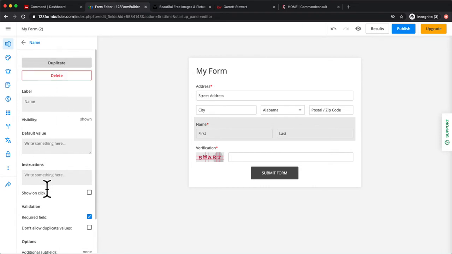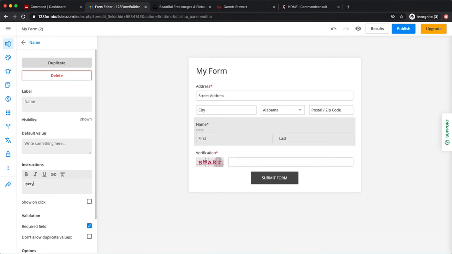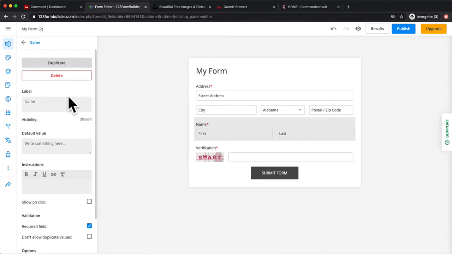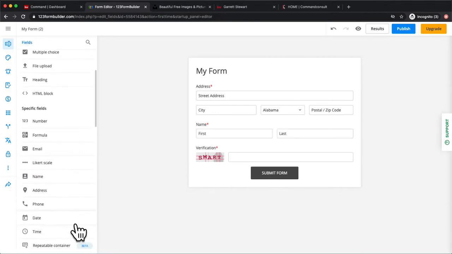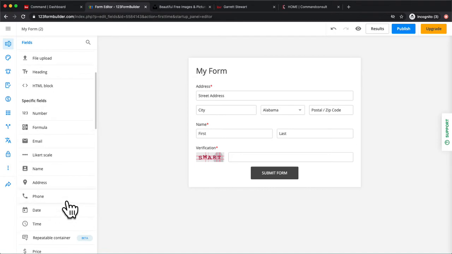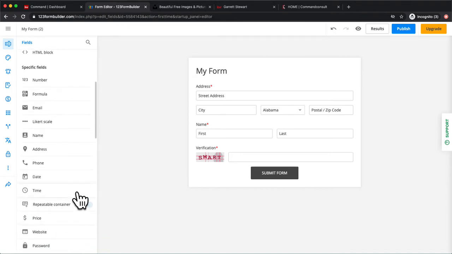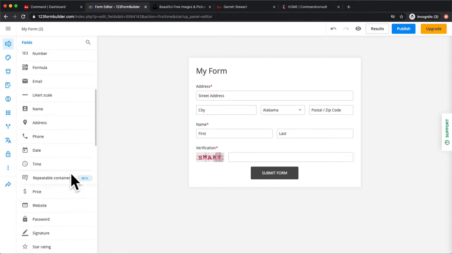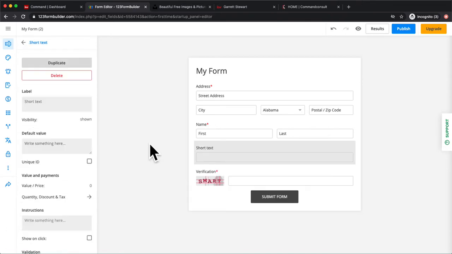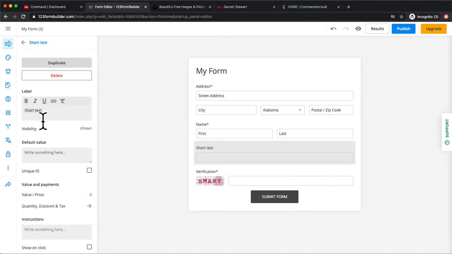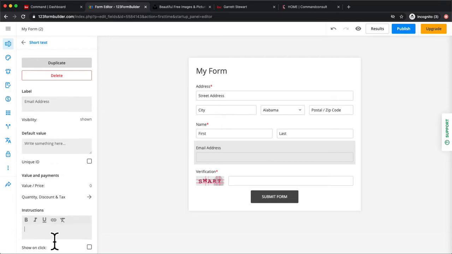Instructions would pop up right below here if you want any type of instructions. I'll show you. I don't normally put it on the name. What I put it on is next we ask for the email address, which is, I guess I put a short text on this one. So we'll do short text, and then we'll name it email address. And then I like to put, for the instructions,